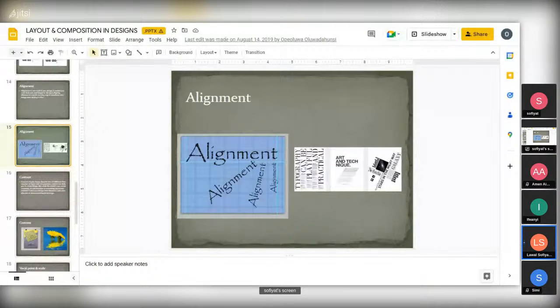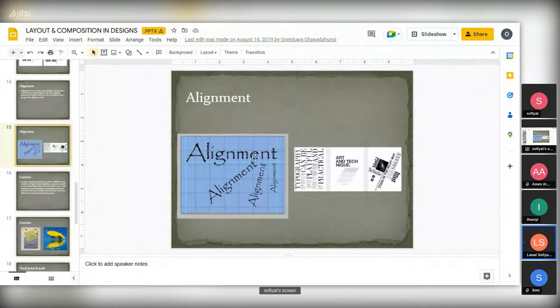I said the African design was not aligned to the center very well. So if it is aligned, this place will be equal to this place. Can you see my cursor? Yeah. The space that is here will be the same space. So that means that it is aligned to the center.